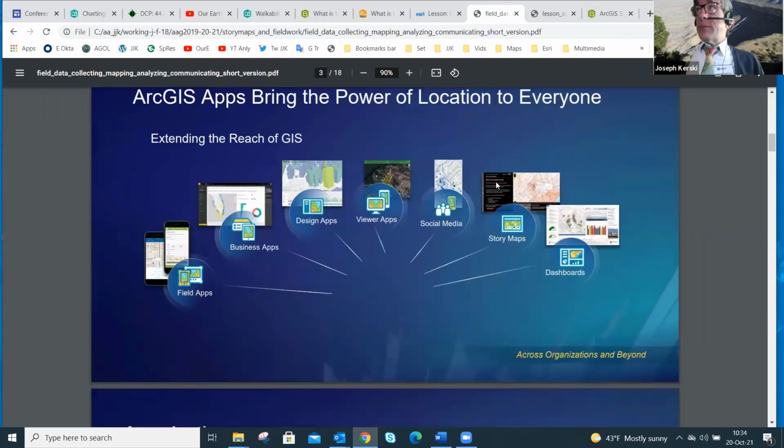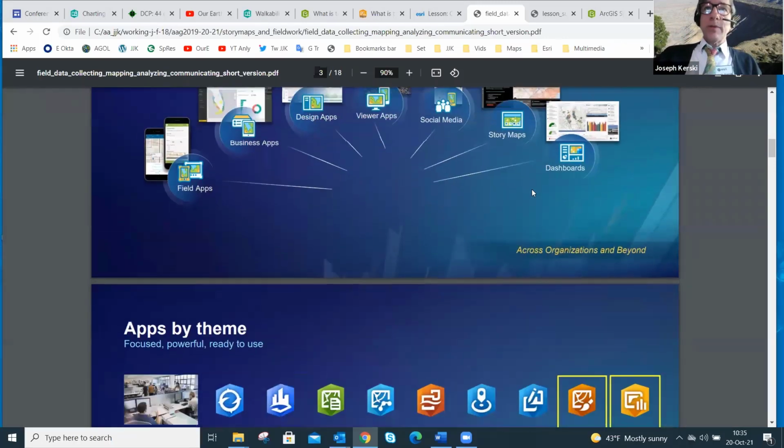This is all part of the apps era of GIS, where you've got these capabilities to bring what you're doing to a much wider audience than before. Not that more is always better, right? We still have our community, we still have our ways of communicating with each other and with the GIS professionals, but there are certain instances where you do want to have community engagement and or communicate the results of what you're researching or doing to a broader community. So that's where these apps come in.